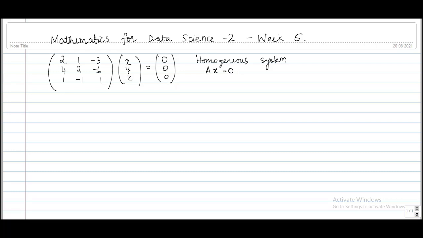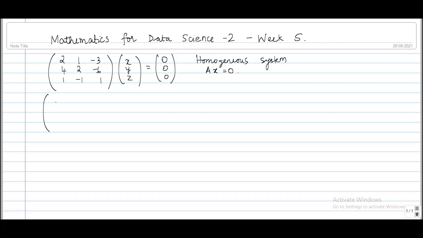So one thing that we can understand from the coefficient matrix is that the second row is nothing but twice the first row, which means that there is some kind of a dependency in the rows of the matrix A. So you would have already studied in properties of determinants that if a row is a scalar multiple of another row, then the determinant of the matrix is equal to 0. So with that in mind, let's try to find out how many solutions this system has.